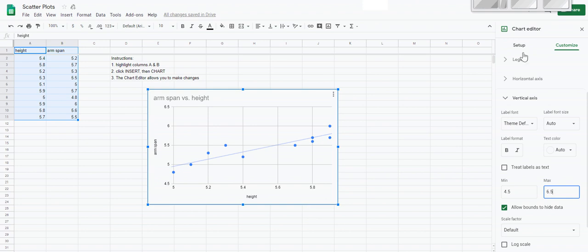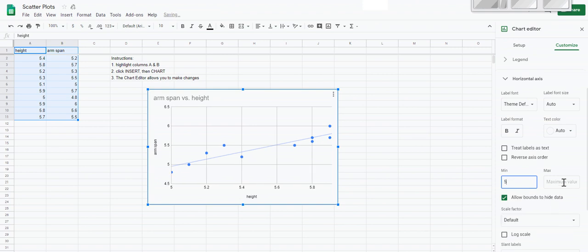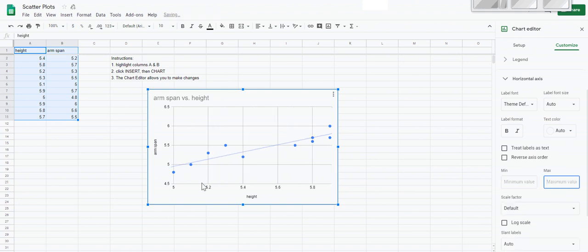You could do the same for your horizontal axis, but this horizontal axis is fairly good. If you wanted to, for example, we could start at 5 and we could end at 6, and we could maybe make it a little bit more like that, or even 4.5 so that we don't cut off that last one. But you notice how that kind of changed the scale a little bit. So we can also get rid of what we just did, and it actually looks a little bit better there. And so that's just very briefly how you can use Google Sheets to create some of the graphs that you're doing,